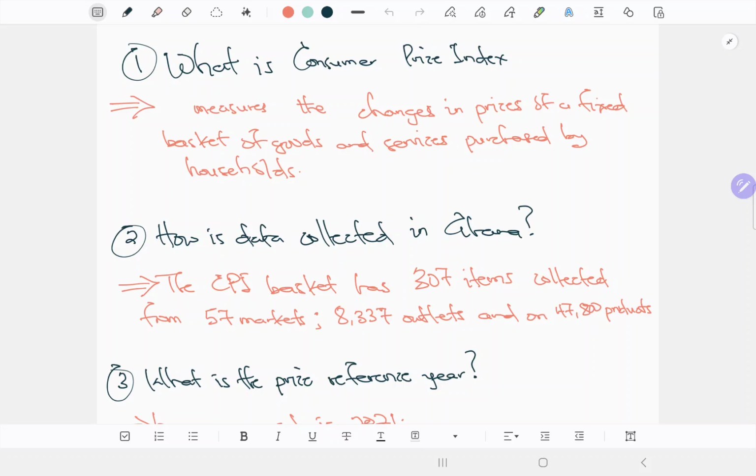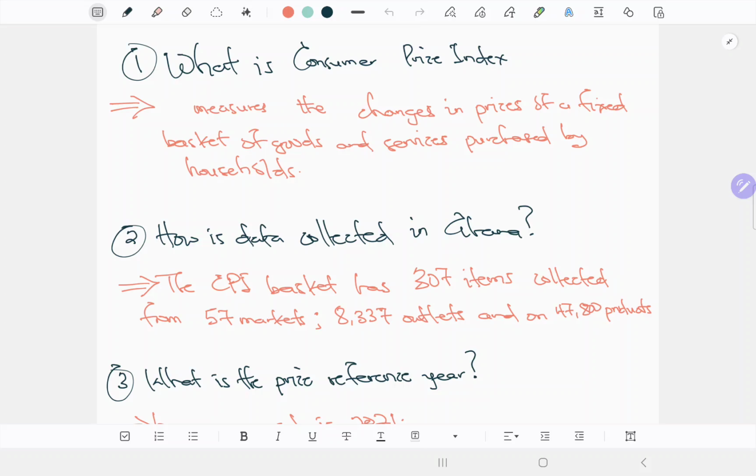Today we're going to discuss something really important. As you are duly aware, over the period, what we've been trying to do is to make some of these economic indicators very simple and very comprehensible to even the ordinary Ghanaian, right? So today we're going to pick a topical issue which directly affects our pockets, directly affects our disposable income, and it is the concept of inflation and how it's nuanced in Ghana's economy.